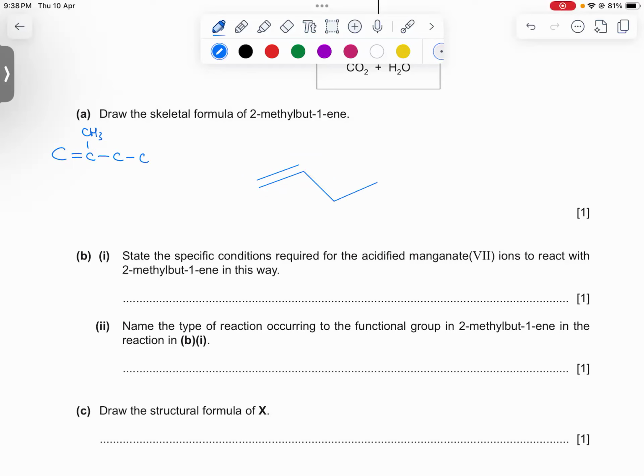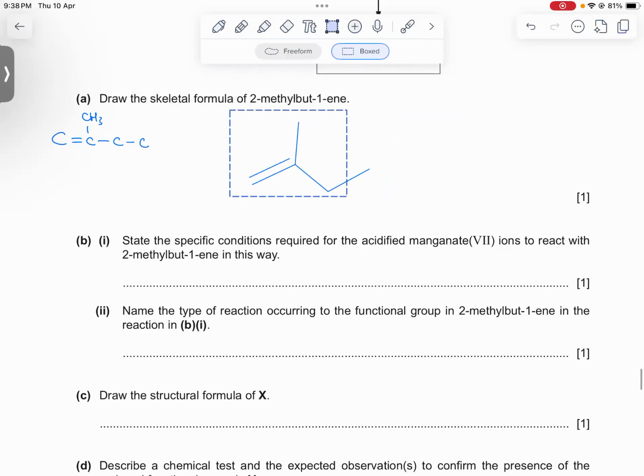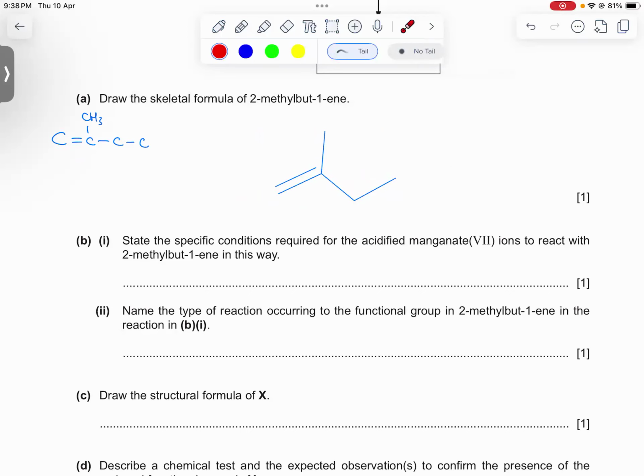Okay, and then here's the fifth carbon. Okay, so this is the skeletal formula. Just make it a little more straight. Okay, so this should be 2-methyl butadiene. You can see there are one, two, three, four carbons in the main chain, and then a